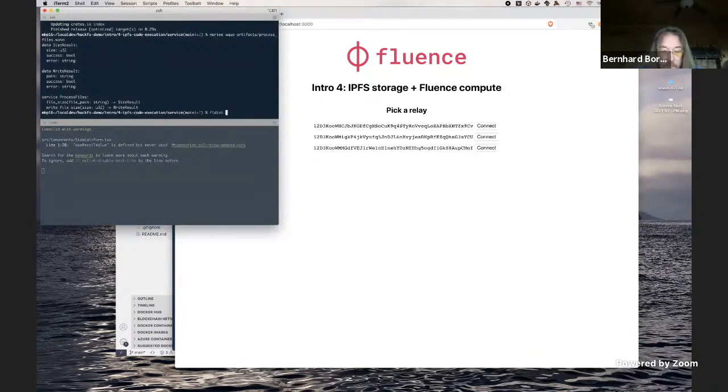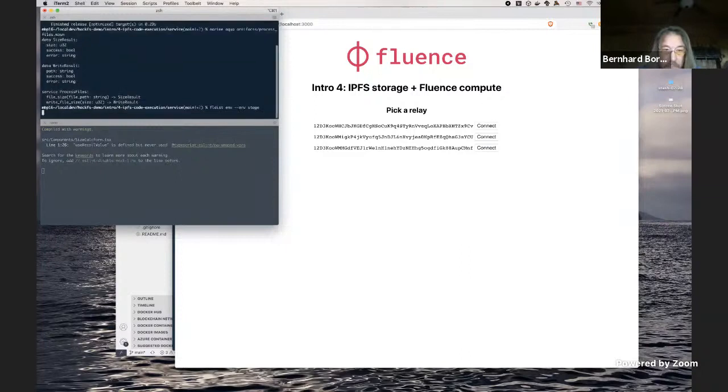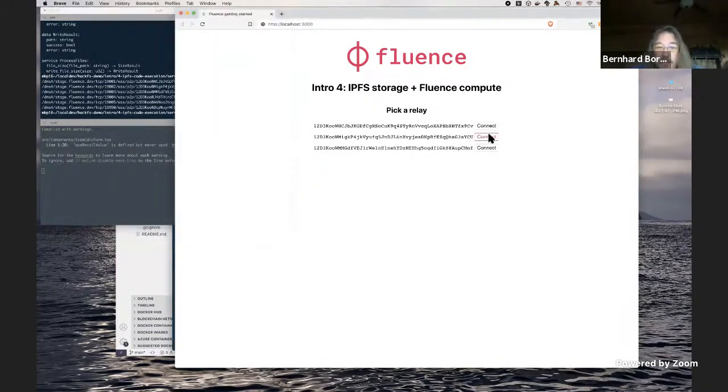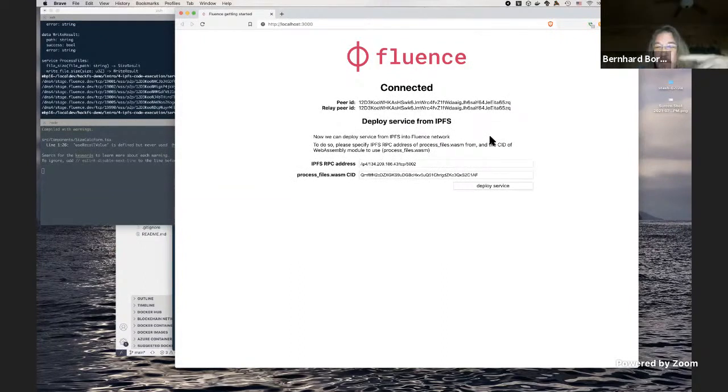And actually, let me show you something. We have a test network called Stage, and that has 6 instances of Fluence nodes with IPFS sidecars, and the first 3 are the ones we picked as relays for the demo. So we connect now. This browser is now your client peer into the peer-to-peer network with Fluence. Okay, so this client is now interacting with the Fluence node, and among other things, what we got back from this interaction is